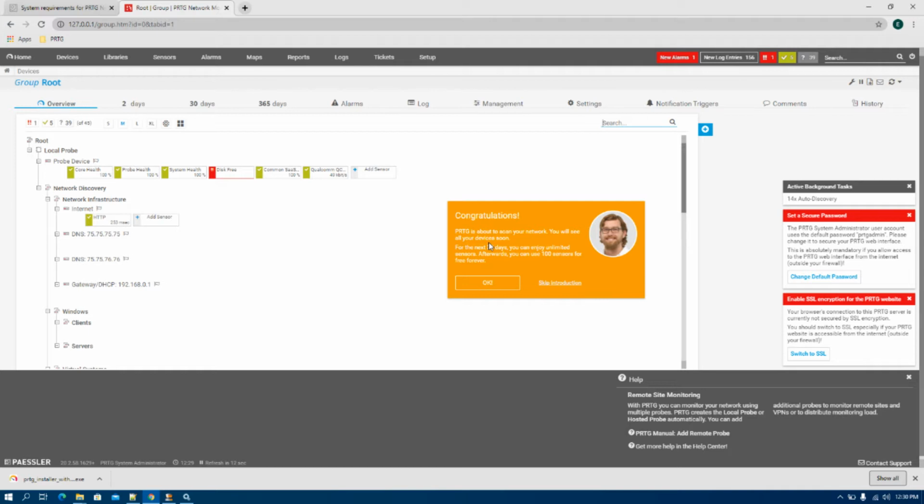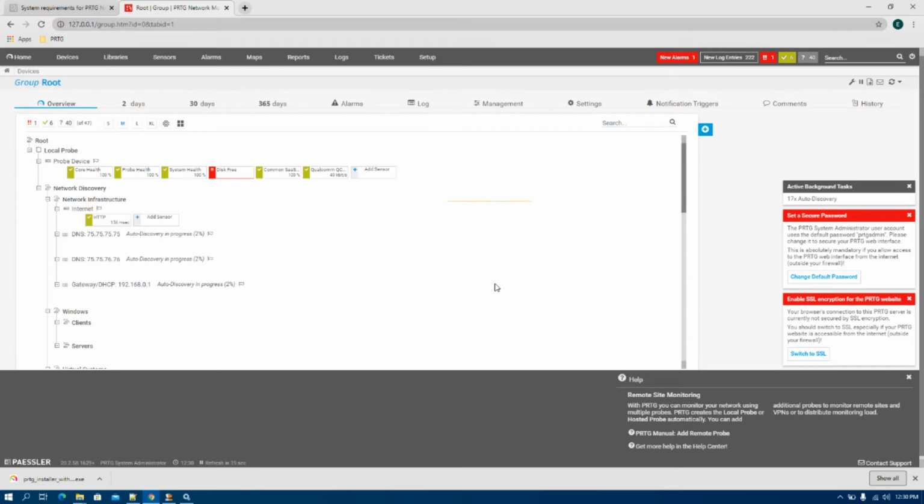And that auto discovery option will be very helpful if you're going to migrate from the old server to the new server. So I will show you at the end of the session how to do the auto discovery disabled installation. Okay. So now you see PRTG is still scanning my network,